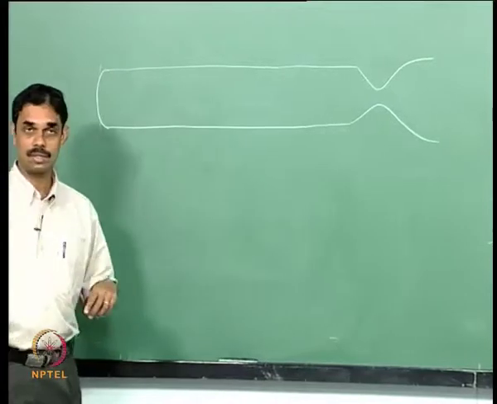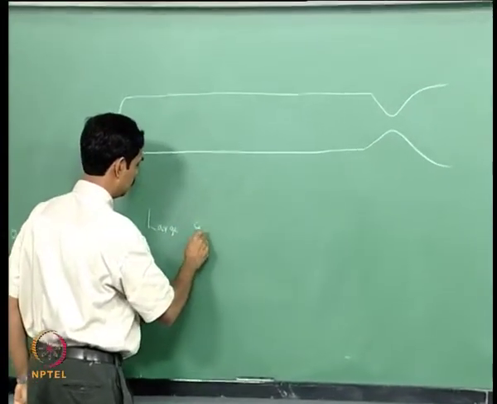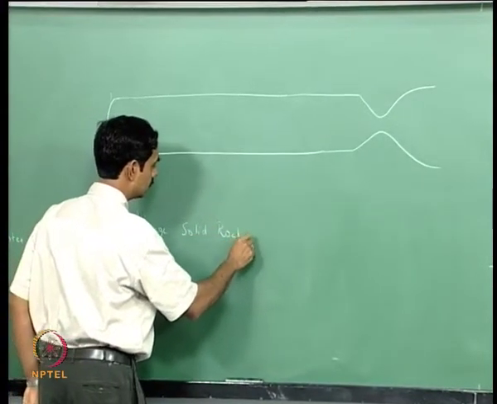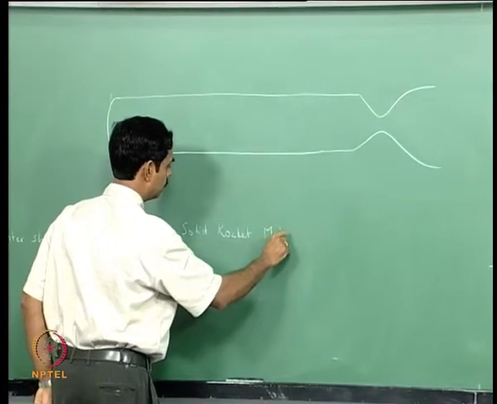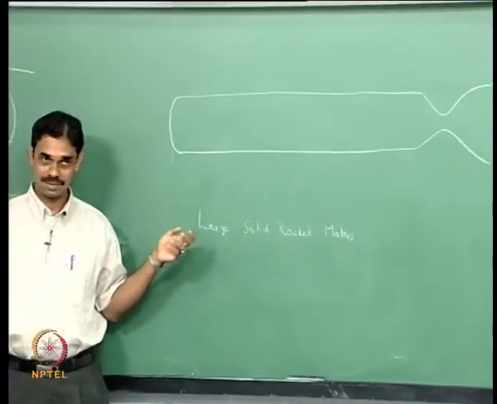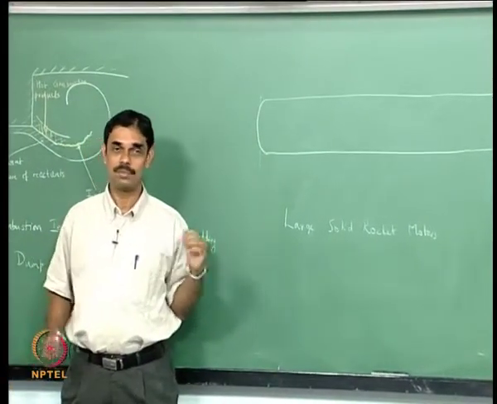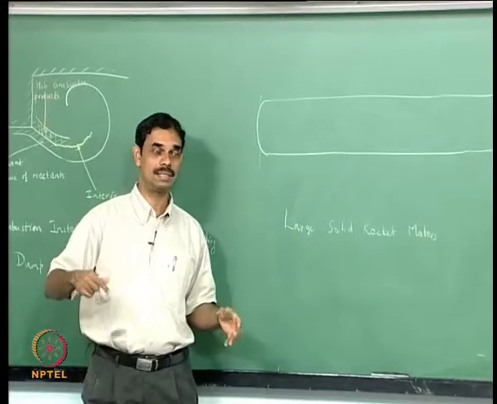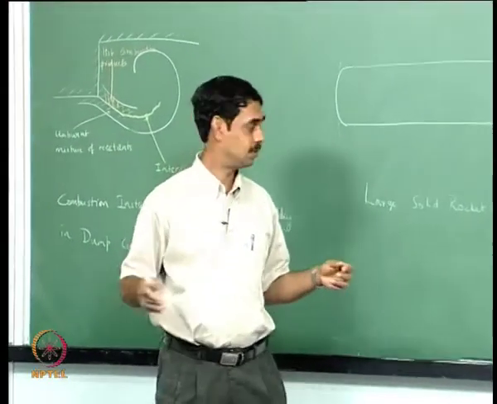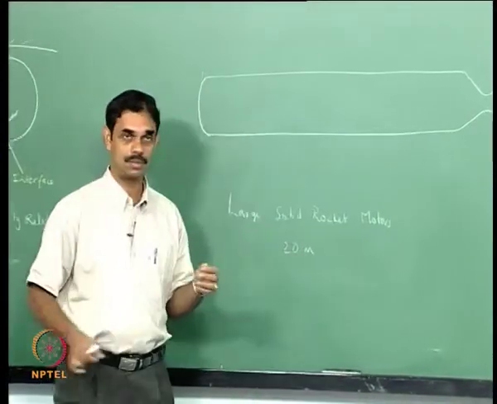So large solid rocket motors, specifically, write this. And I want to emphasize this word large, because large solid rocket motors are cast in segments. Small motors like the ones in small missiles can be cast in one shot, but if you have a very large rocket motor, let us say typically of the order of 20 meters or so, it is very difficult